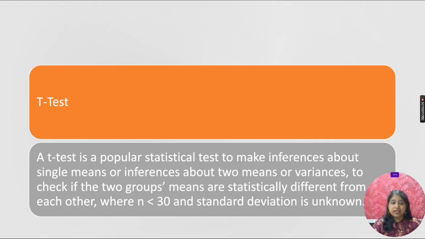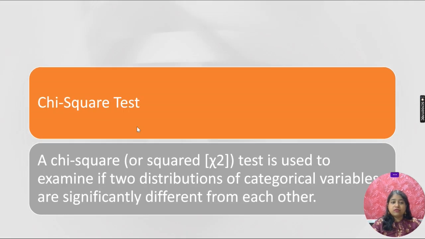So first comes the t-test. It's a popular statistical test to make inferences about single means, or inferences about two means or variances, to check if the two group means are statistically different from each other, where n is less than 30 and the standard deviation is unknown. So, chi-square test: it's a squared test used to examine if two distributions of categorical variables are significantly different